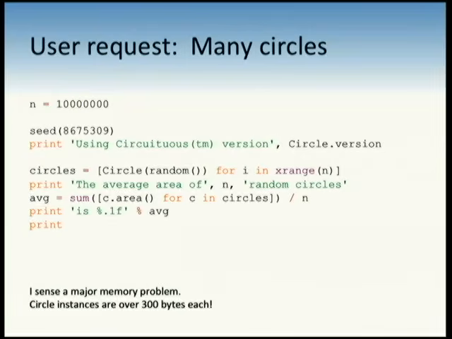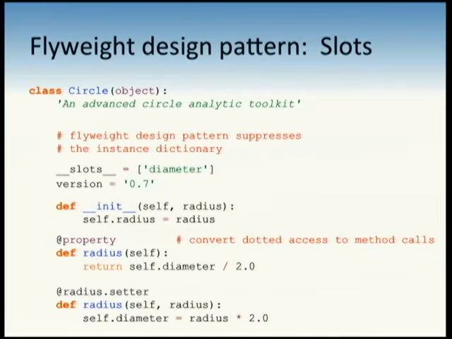Yes, it's slots. If you pick up a design patterns book, this is called the Flyweight design pattern. The Flyweight design pattern says when you have many, many, many instances, make them lightweight, and slots is a way to do it. What slots will do is say, let's allocate just one pointer for the diameter and nothing else, no dictionary. You lose the ability to inspect the dictionary. You lose the ability to add additional attributes. So this is just an optimization. You always save it for last, only when you're scaling up to bajillions of instances.